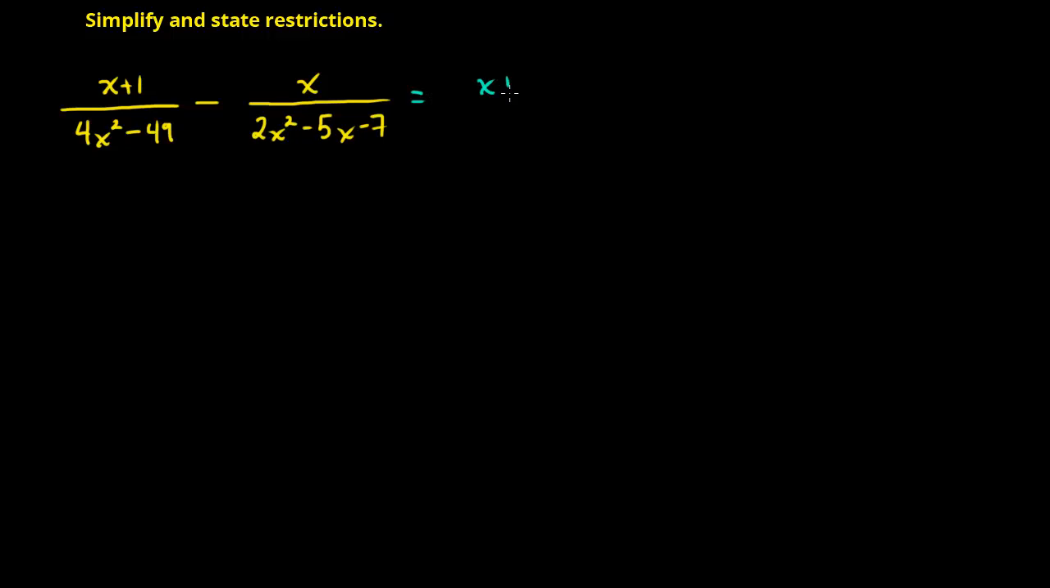So (x + 1) over (4x² − 49) factors to the conjugate pair (2x + 7)(2x − 7), because 4x² − 49 is a difference of squares, so it factors to this conjugate pair, or this conjugate product. So we have (x + 1) over (2x + 7)(2x − 7), minus x over